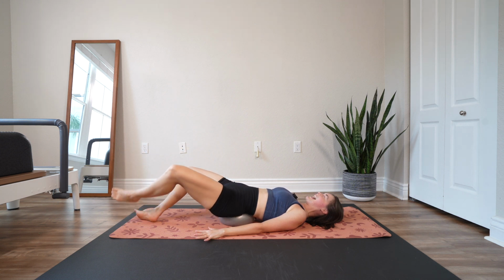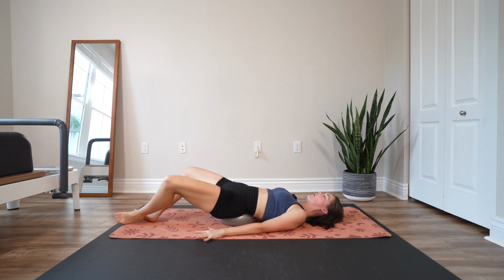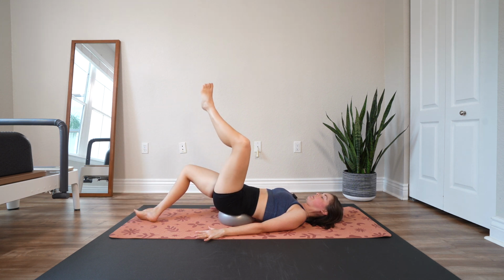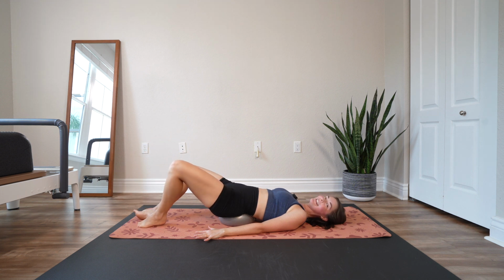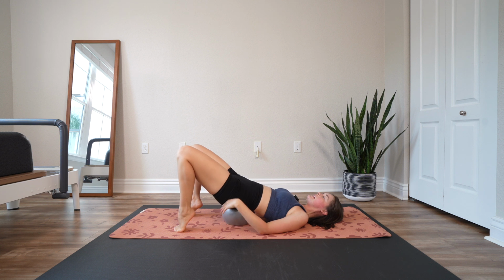Let's take our last 2 this side. 2. 1 more. Very good. If you are on the ball, please walk your feet close into the ball, lift the heels, lift